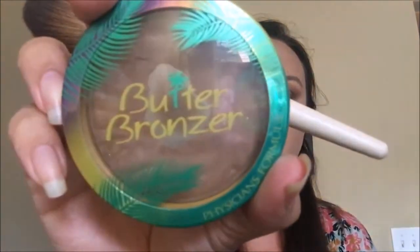Okay, so now that we've done that, bronze up our skin a little bit, and I've been using the butter bronzer, as you can tell, because I've already hit pan, and an Eco Tools bronzing contour brush, and okay, ooh, and then